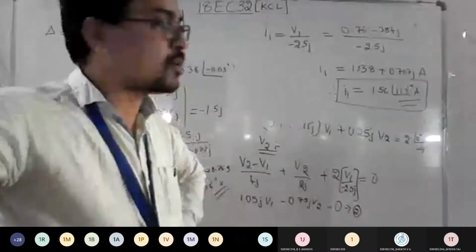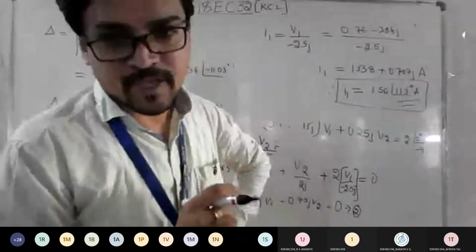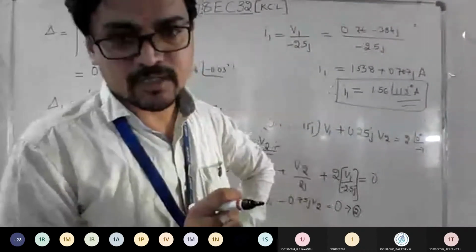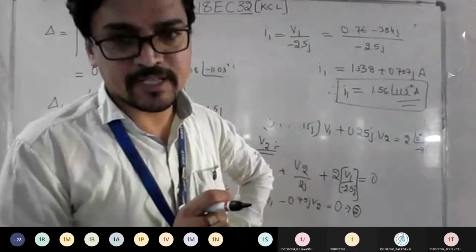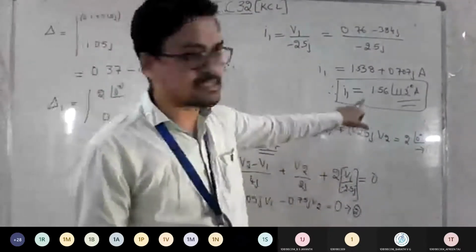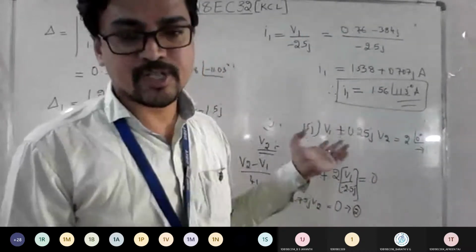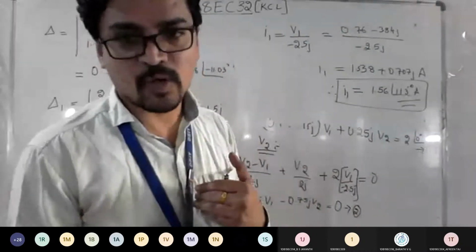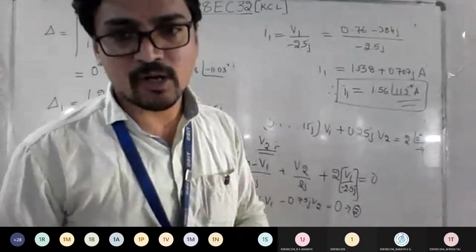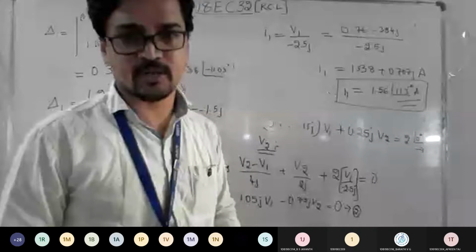Okay, so once you get the answer of I1, conclude the problem. Therefore, the current across the capacitor 2.5j is, so this answer you should write. See, if you got a negative answer here, the assumption you took should have been reversed. Since you got positive, the assumption given in the question and what we have chosen are the same. That is the meaning of that positive or negative answer, that's all.